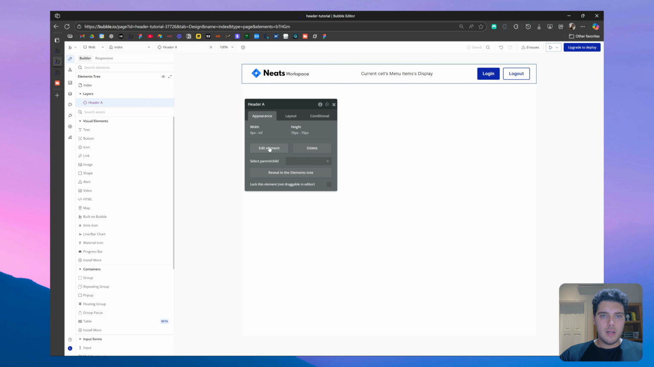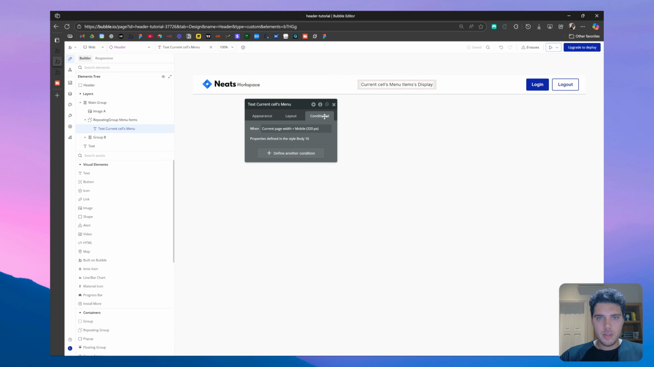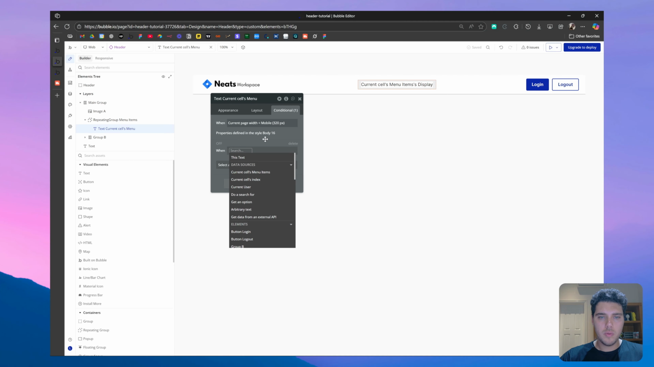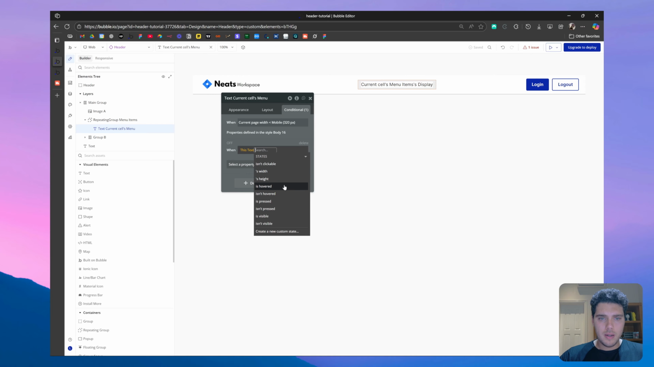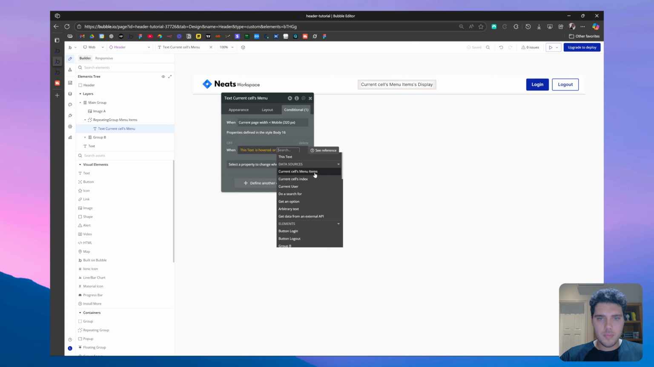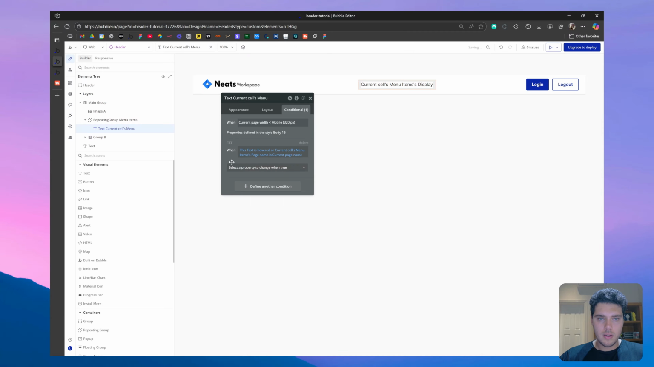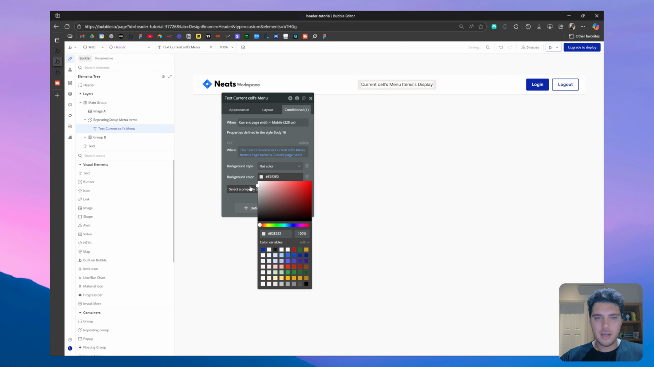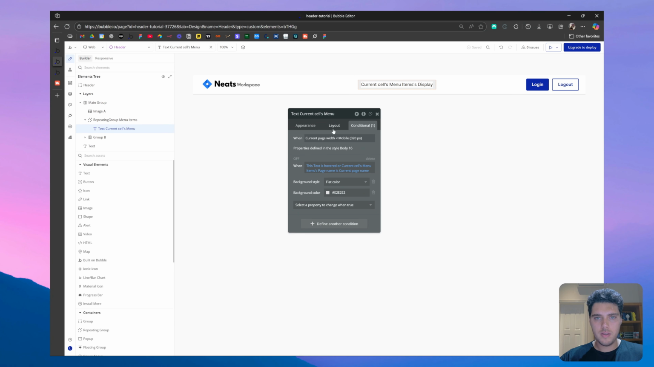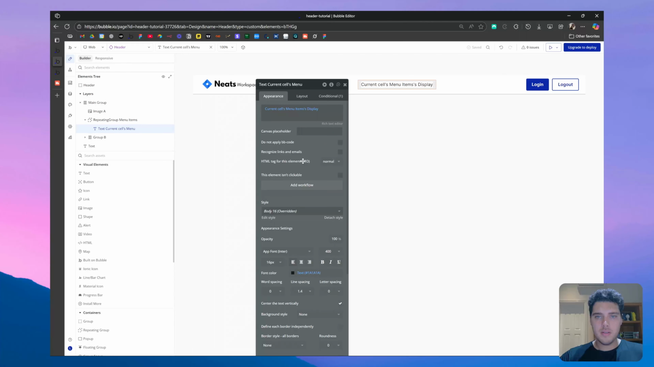Okay, and so what we want to do here is to place a conditional first on the text element inside the repeating group, and we want to say something like when this text is hovered, or when the current cell's menu item page name is equal to the current page name, we want the background to be solid or a flat color. We want the background color to be light gray, perhaps, okay, just so it differentiates itself. And now we can place a workflow as well,